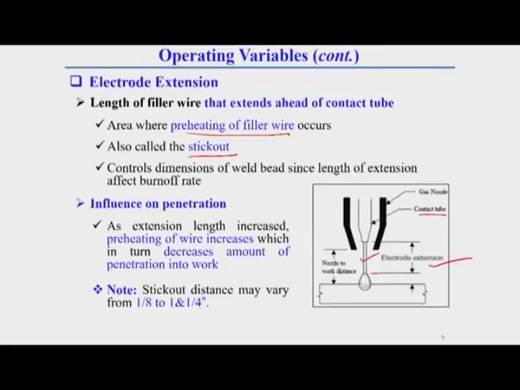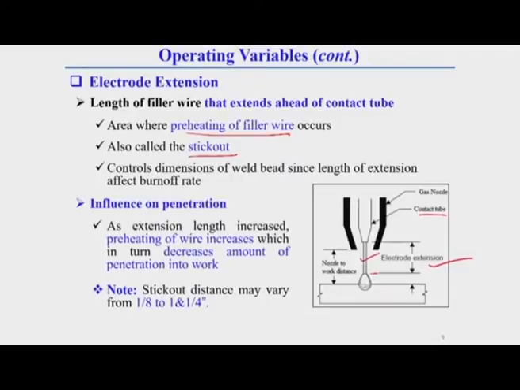Here is another thing you should keep in mind: the electrode extension part takes heat from the power source. So some heat is used to heat the electrode extension, which should otherwise have gone to the arc. If it were not heated, all the power would go to the arc. Because some heat is already lost in heating this electrode extension part,